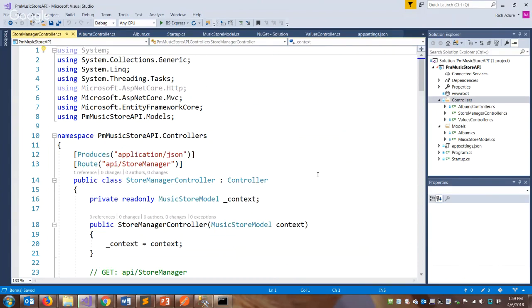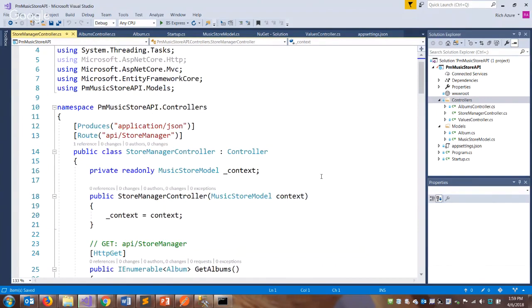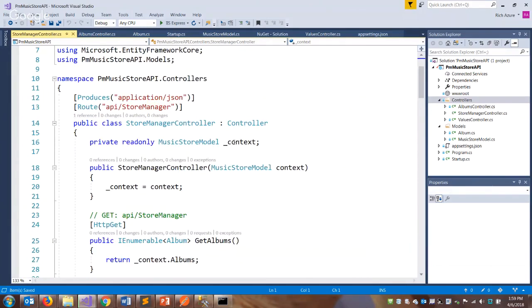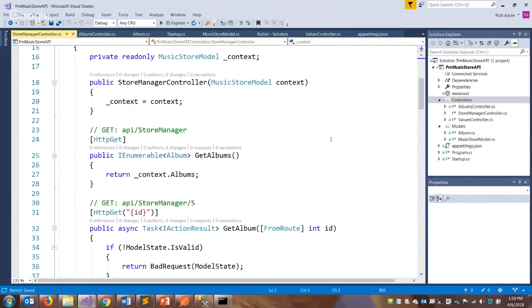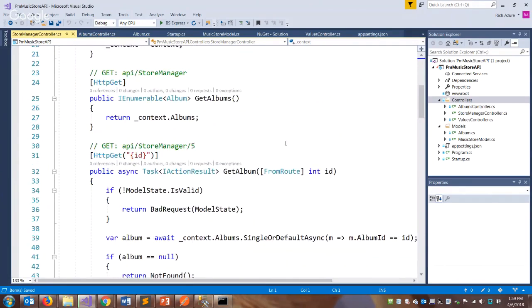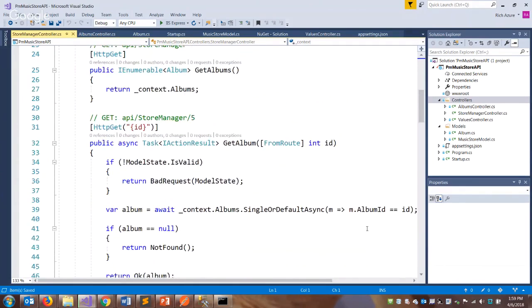So now I can scaffold it. It's fairly similar. It calls our database class underscore context instead, and it injects it in the constructor, much like we've done. So we get an IEnumerable of albums. Now they've actually used, we won't get into it too much. You guys will do a lot with this next semester. The other methods